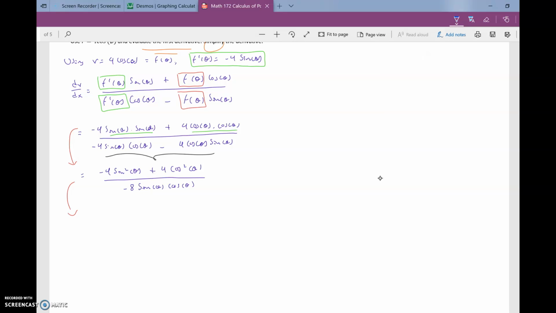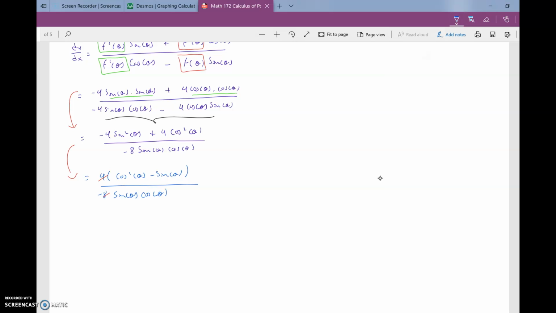So I'm going to factor a 4, so this is going to be 4 times, and I'm going to leave it as cosine of theta minus sine of theta over, and technically negative 8 sine of theta cosine of theta. And then the good news, this one reduces,